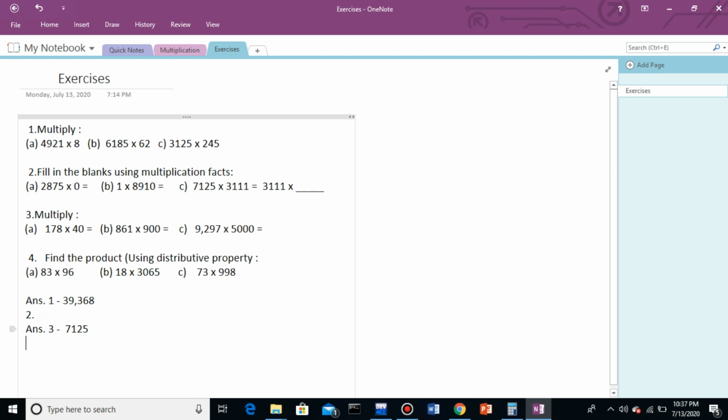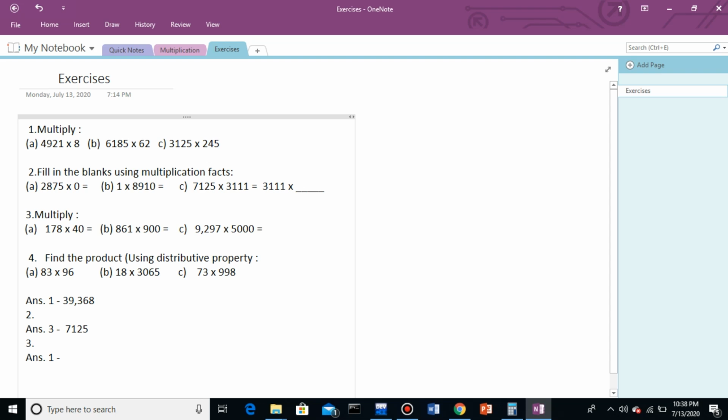Okay. So now, in the third section I will solve the first one. We'll put here 3, and down below I will type the answer. Answer 1. So now, what will be the answer?